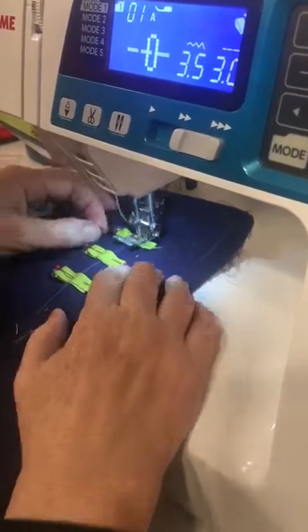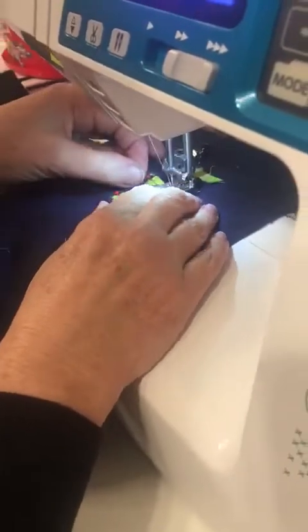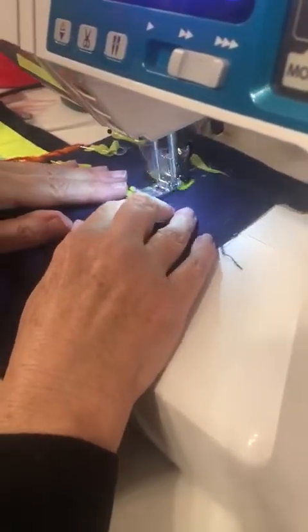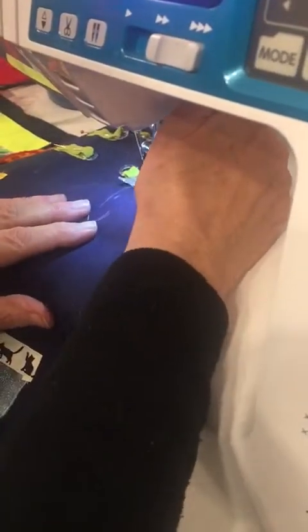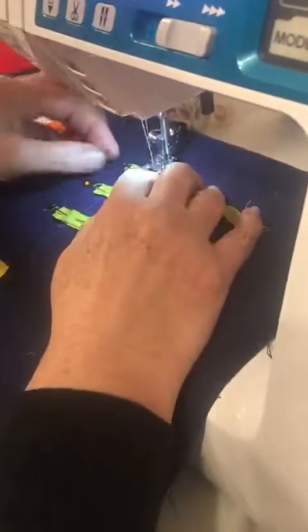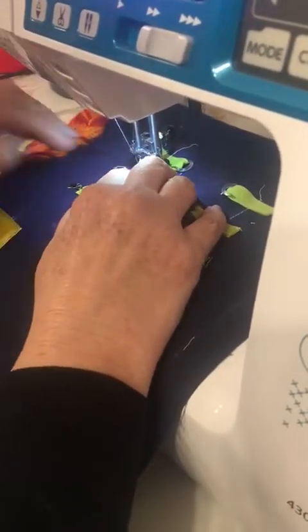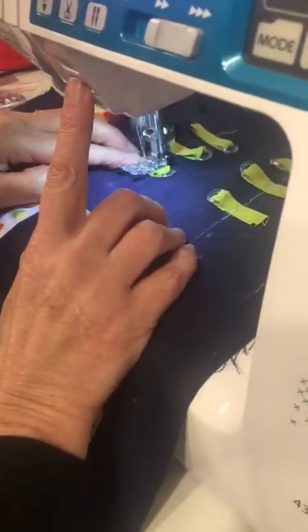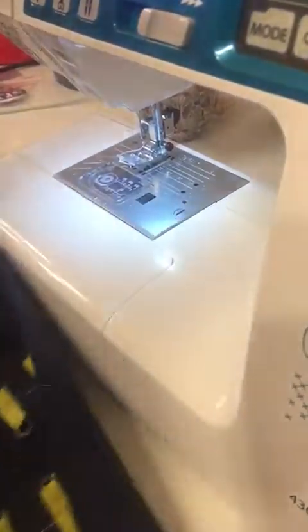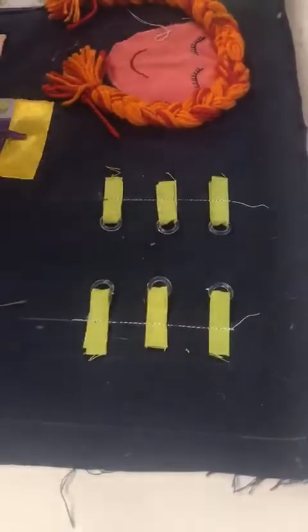So I'm just going to do a straight stitch again. And I'm just going to stitch straight down over. I'm going to do the same on the other side. Okay, and that leaves us with your 6 little loops with the curtain rings attached to them. Now, again, the choice